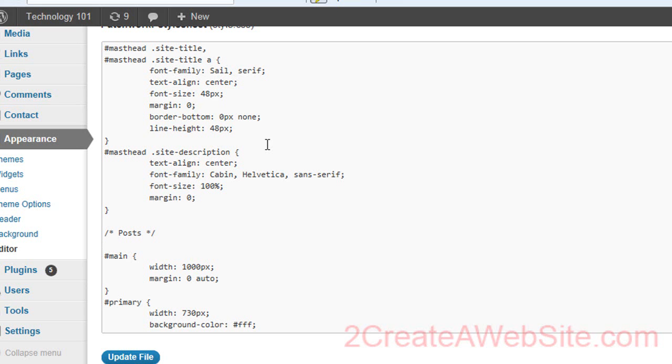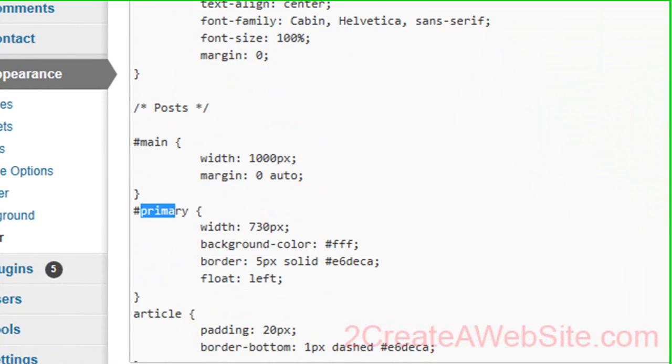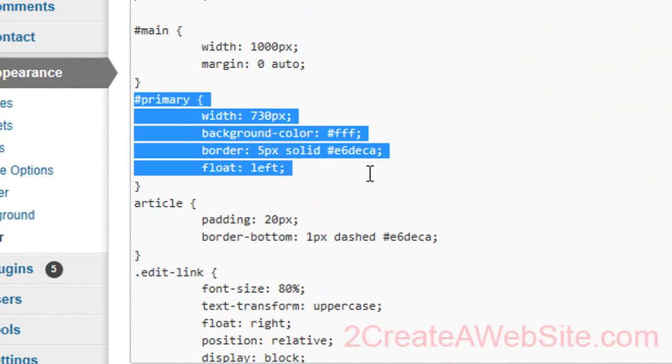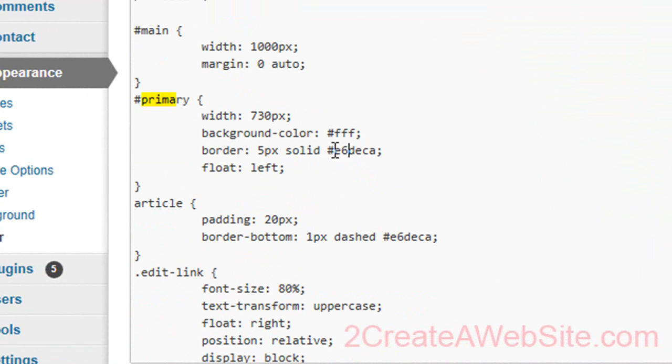So here we are back at our style sheet. So let's do a Control F or Command F if you're on a Mac and search for primary. And here you can see there's that same code we just saw in Firebug. And there's that border color. So let's change this to